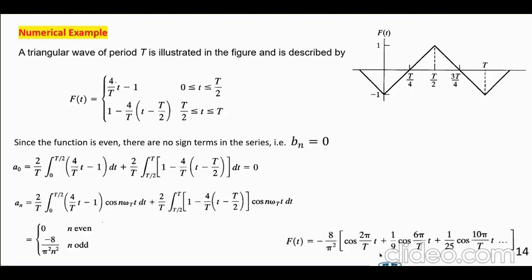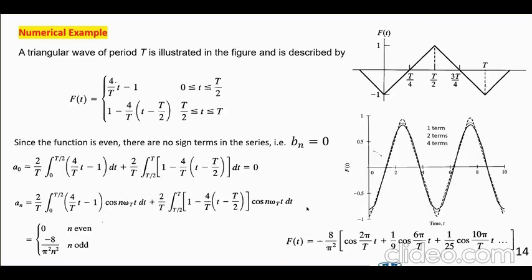Now, let me write it down here for you. It's written down right there. And if you plot just the first term, add the second term to it, add the third term to it, you see that as you take more and more of these, this Fourier series gets closer and closer to that